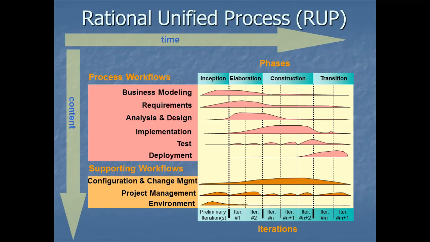Whenever we are going to develop any software, we have to model and gather the requirements. You can see that in the phases there are several iterations, preliminary iterations, iteration 1, 2, up to n or n plus 1. For those iterations, you can see the up-and-down chart. In the inception phase, you can see the business modeling goes up, while in elaboration the business model goes down, and while constructing, the requirements go up in the implementation phase.